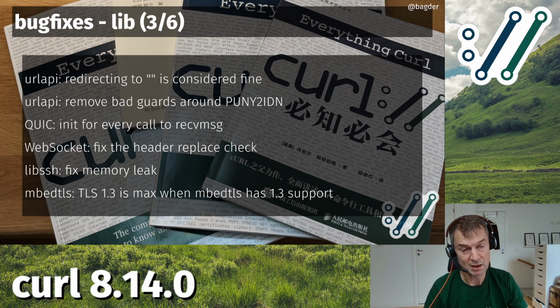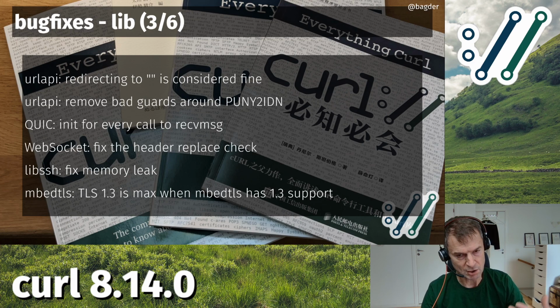So you would have to manually ask for TLS 1.3 as the maximum version for it to negotiate TLS 1.3, which is a mistake because that's not how it works with other TLS backends, and that's not how it's supposed to work with curl. So now, if you build with a modern mbedTLS, one released within the last few years or so, I don't remember the version numbers, it should negotiate 1.3 perfectly fine.